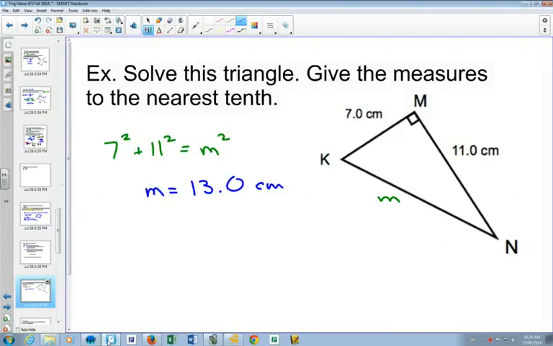Now that I have all three sides, if I want to find an angle like angle K, I have lots of choices. I can use any of the ratios. I could use sine and then do the 11 over the 13. I could do cos and do the 7 over 13, or I could do tangent and do the 11 over 7. Now when choosing them,